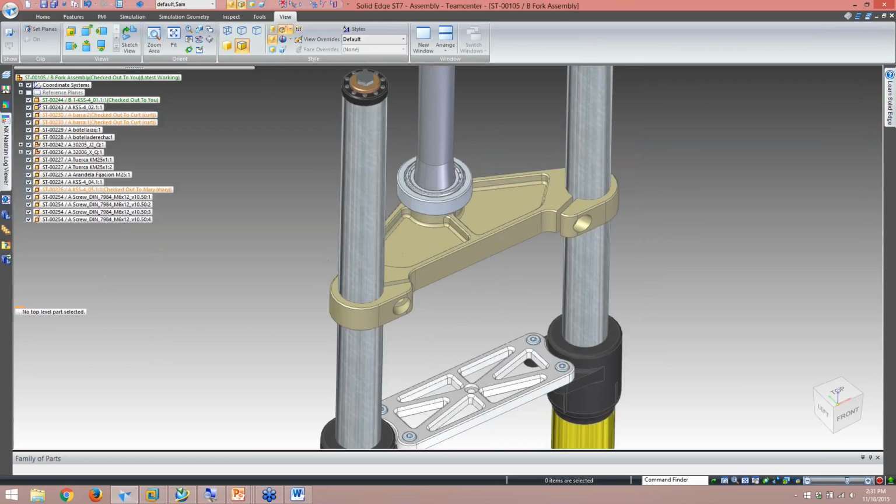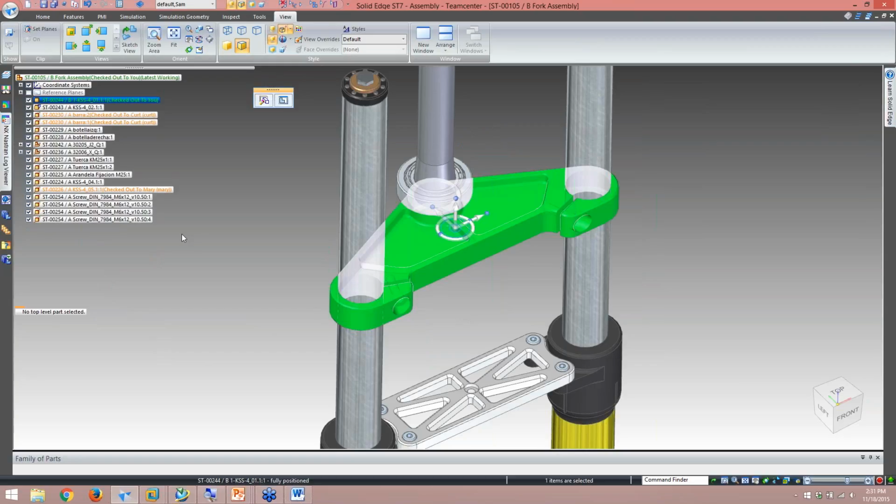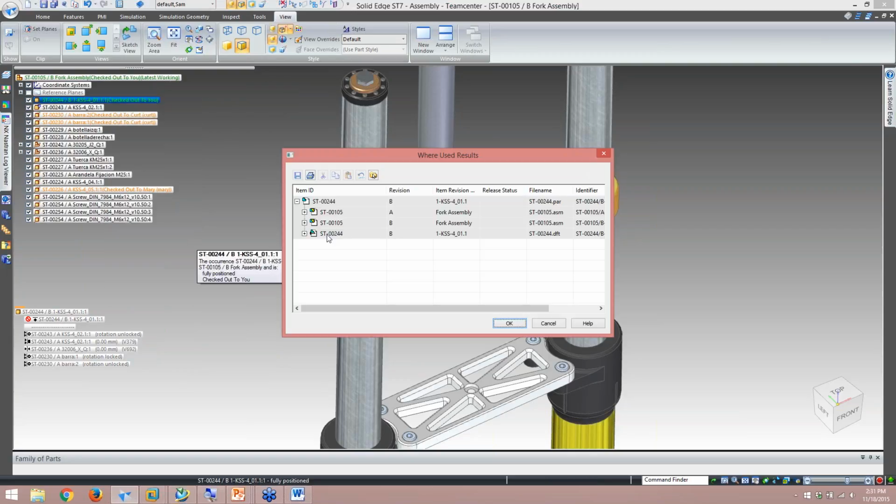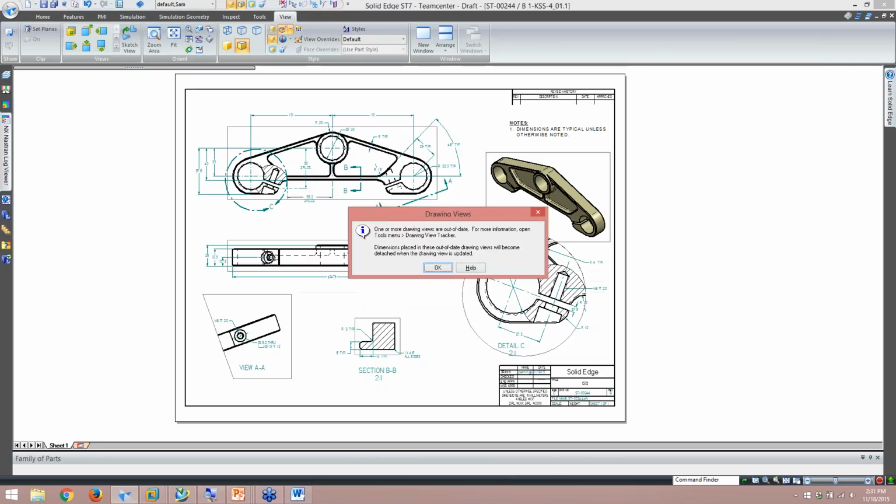I could also do a where used from here and actually load up the draft file and take a look at the changes that were made to it. Oh, I always forget to run this as the admin when I do one of these things.